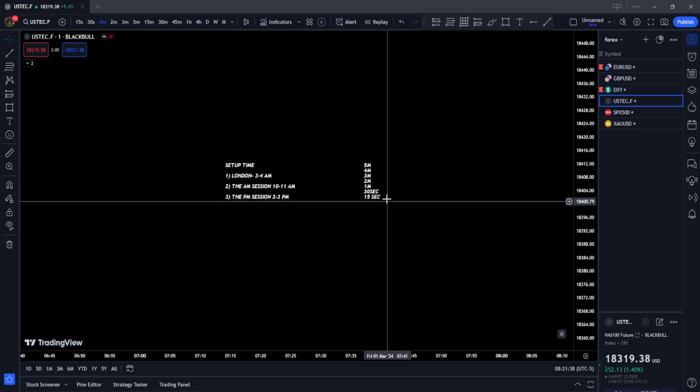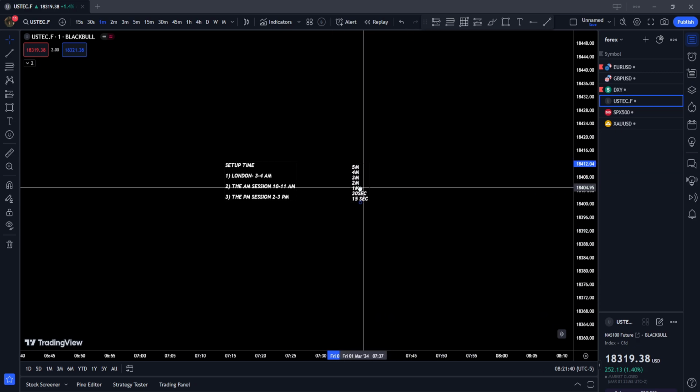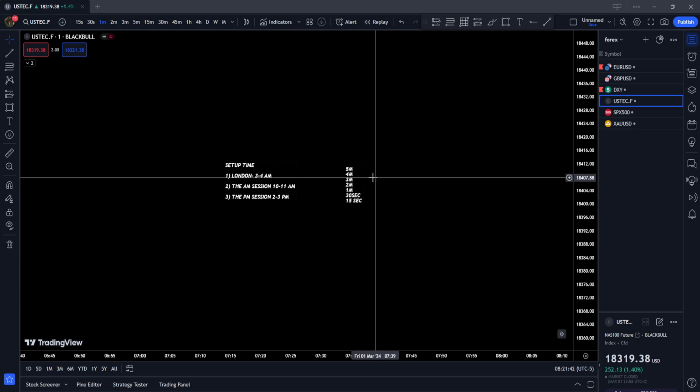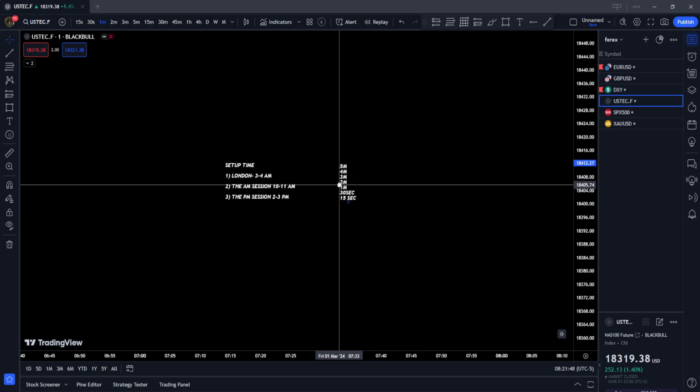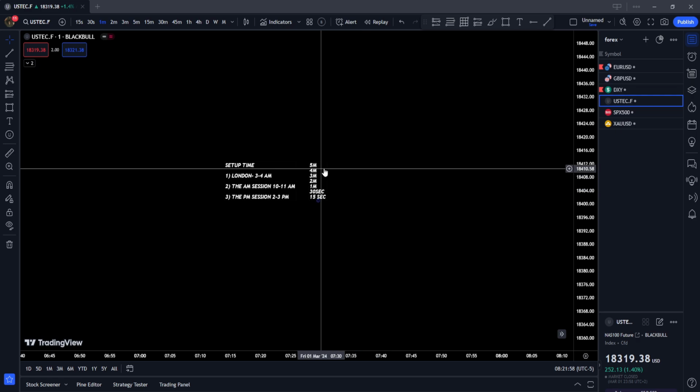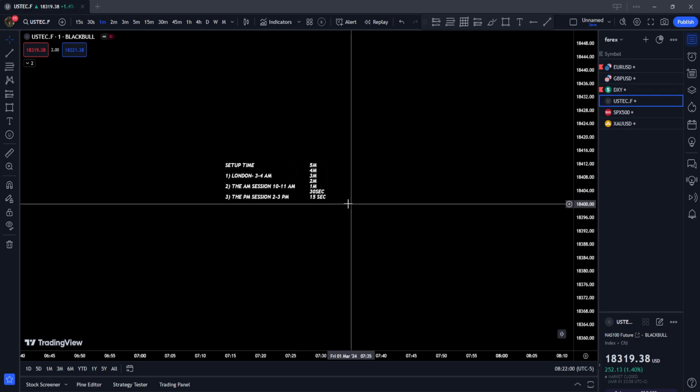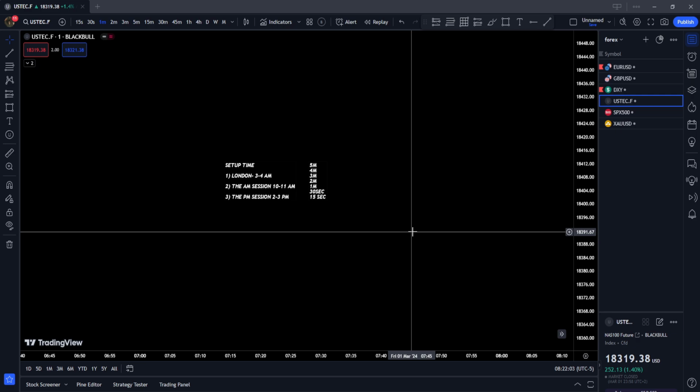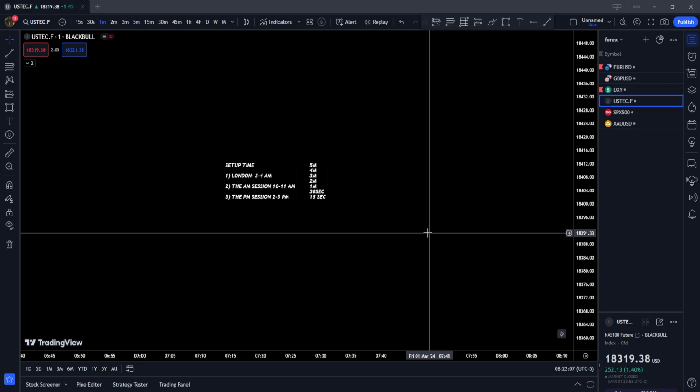These are the entry time frames where you can find the Silver Bullet model: 5 minute, 4 minute, 3 minute, 2 minute, 1 minute, 30 second, and even the 15-second time frame. For some of you, this might be really a new thing, and you might think that this is nonsense because the 30-second chart is really chaotic.